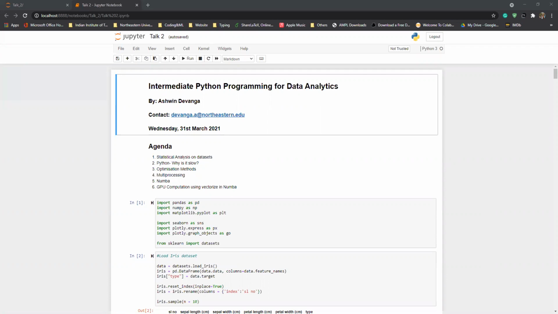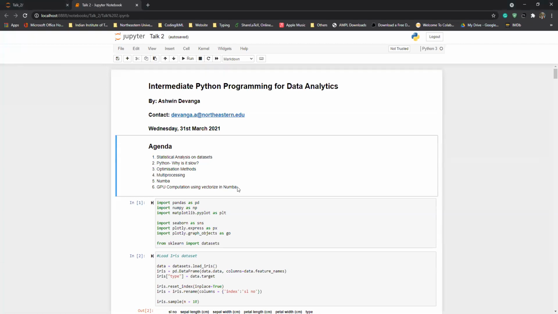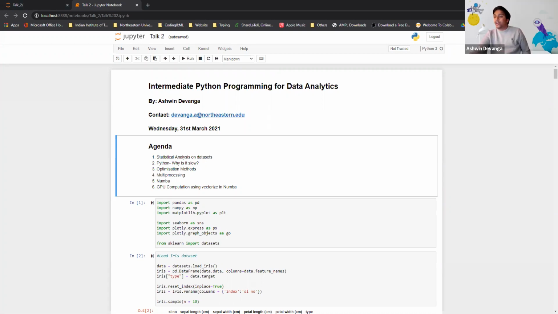So I was asked to speak on statistical analysis, but it is a boring topic, to be honest. So I'll also be talking about optimizing code so that you get faster calculations. I must note though that before you optimize your code, you must actually make sure that your code is working first. Unless the code is working, going into optimization is going to break your code no matter what, and it's very